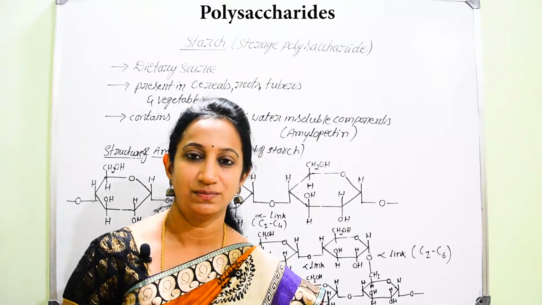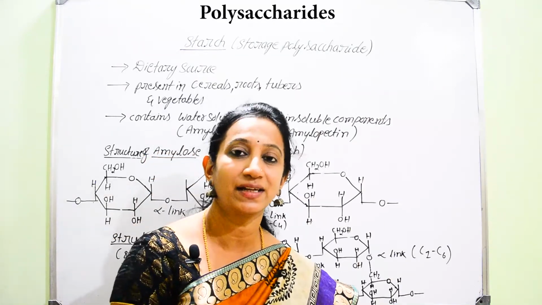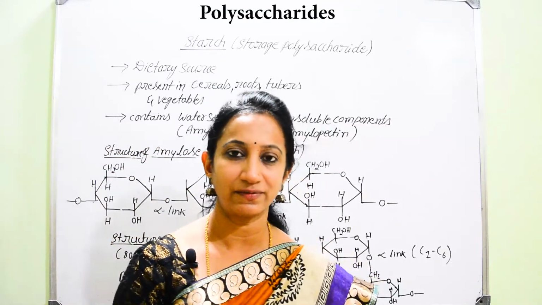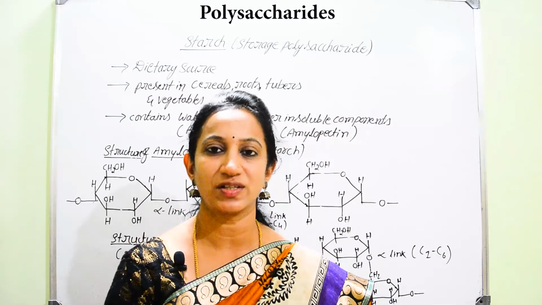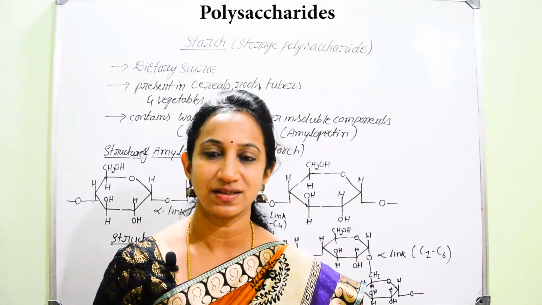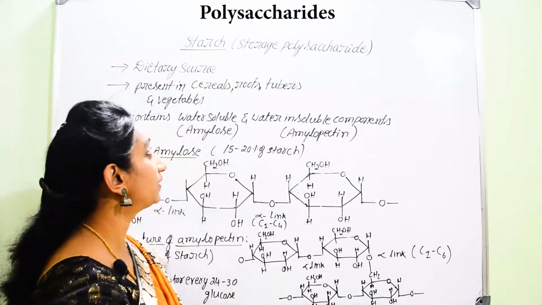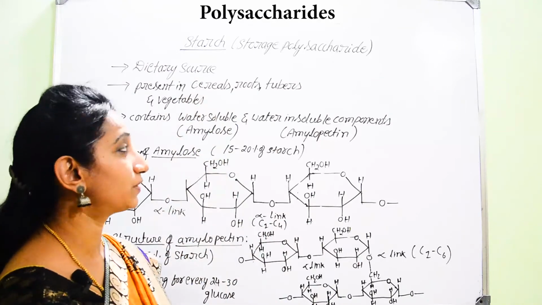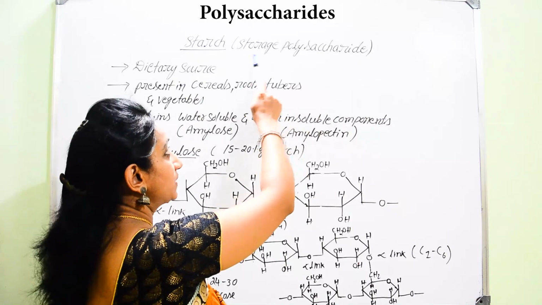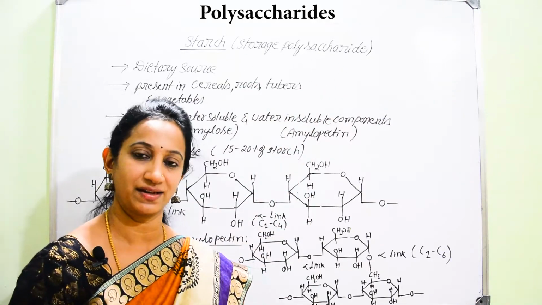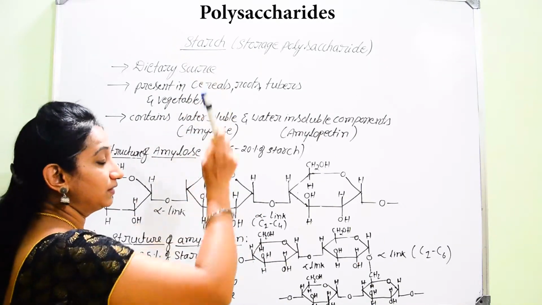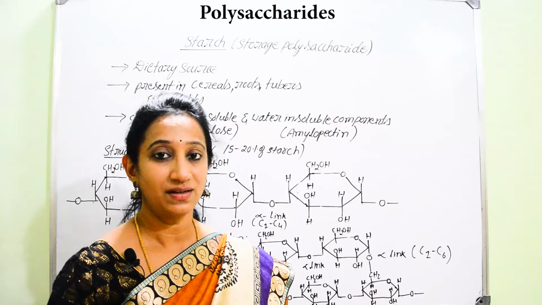Lastly, we can go for polysaccharides. As you know, polysaccharides contain n number of monosaccharide units. These polysaccharides will be either structural polysaccharides or storage polysaccharides. Now we can start with one of the polysaccharides, called storage polysaccharide. Starch is considered as one of the important examples, specifically named as storage polysaccharide, because it is one of the important dietary sources for human beings as well as for animals.